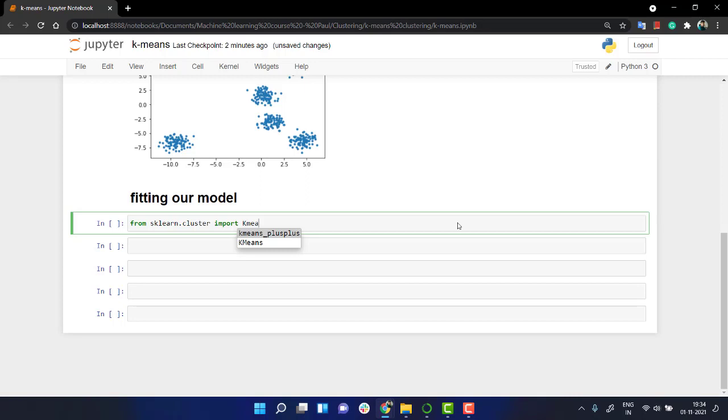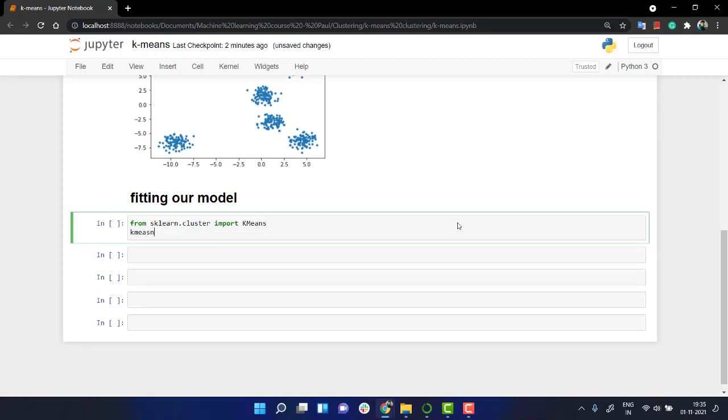K-means plus plus, we use it where we have this problem of random initialization. We are going to talk about it quite later, but just know that we use k-means plus plus when we have this random initialization problem. We are going to go much deeper into that somewhere in the course. Okay, let's jump into k-means, and then we have kmeans is equal to,